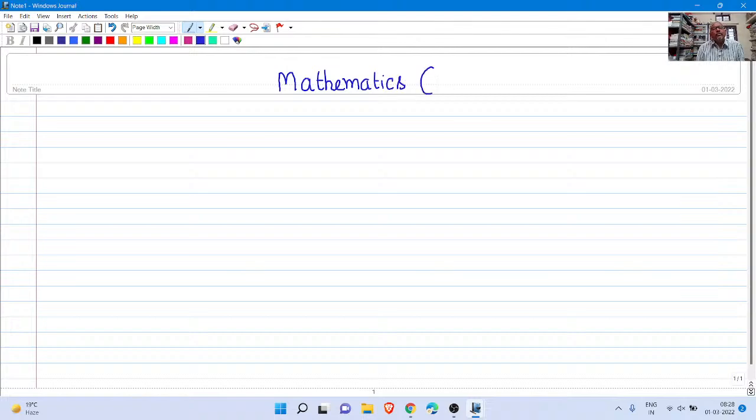Questions 1 to 30 are mathematics. Each carries 1 mark, 30 into 1, 30 marks. First question, note down all of you. The midpoint of